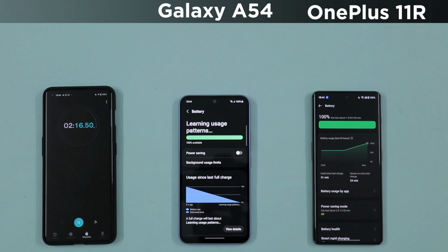As always, if you're watching our battery drain test video for the first time, we do the 6-hour regimen testing. We start with 2 hours of YouTube video playback, followed by an hour of 1080p video recording, followed by an hour of benchmarks, followed by an hour of gaming, and we end the test with an hour of running social media. So starting off with the 2-hour YouTube video playback, and let's talk about the front profile of both these